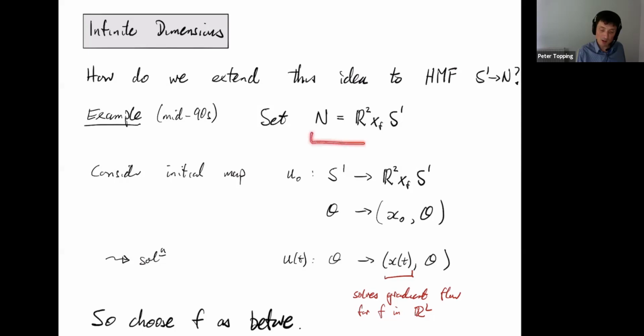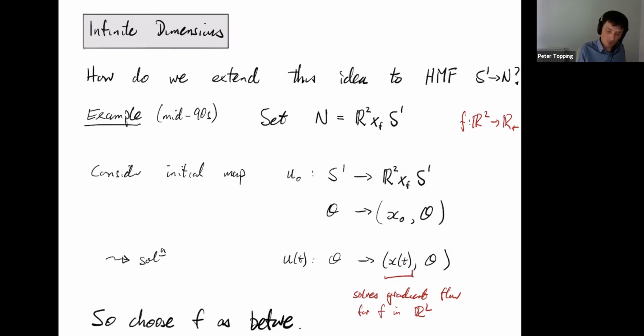We're going to take the target N to be a product of R2 and S1, but I'm not just going to take the Cartesian product, I'm going to take a warped product. What does that mean? It means that I've got a positive function f on R2, and as I go around R2, I'm going to scale the standard metric on S1 by this function f. Don't worry that this target isn't compact. You'll see the idea, it works anyway, although normally my target has to be compact.